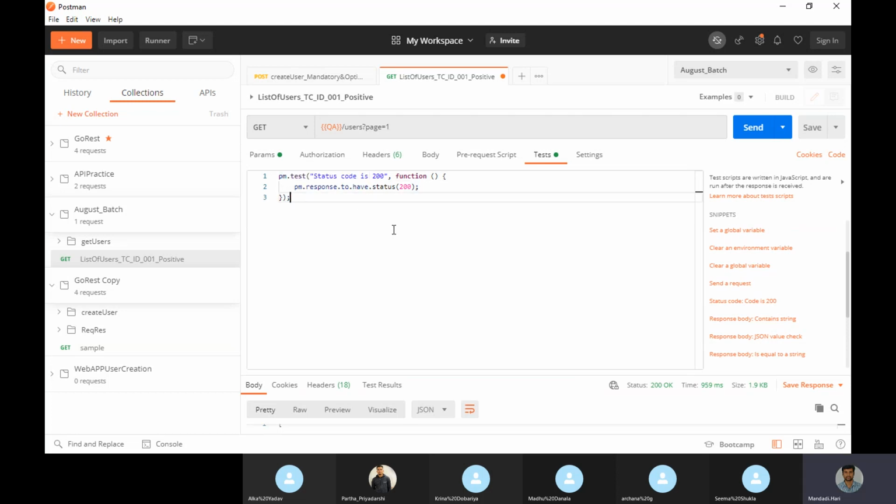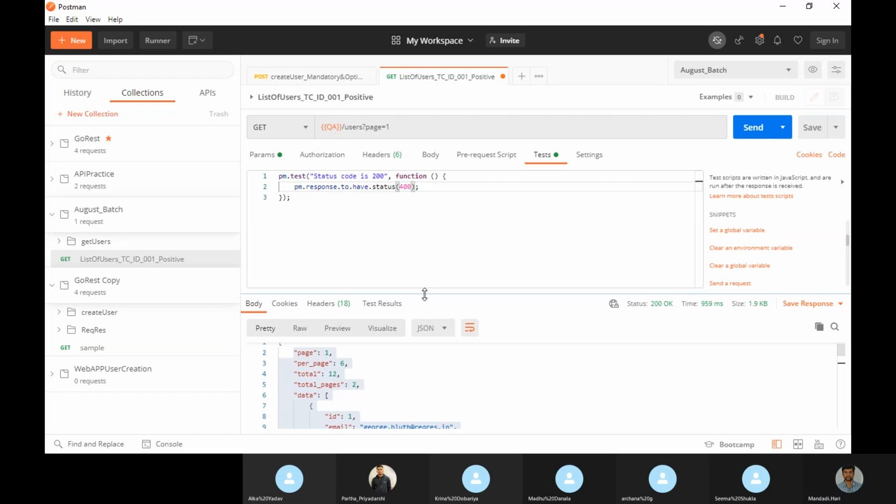Okay, now this will validate. So let's write it and we will try to give 400, to check whether it is correctly validating your assertion or not. Normally it is going to come 200. I just kept my expected as 400. It should fail because it is not going to match.